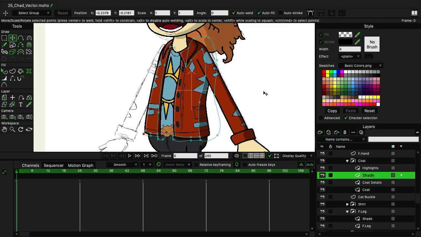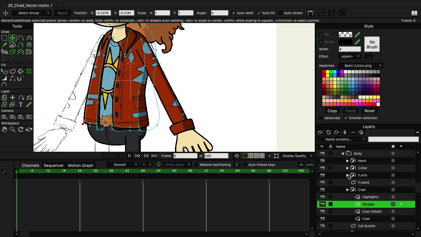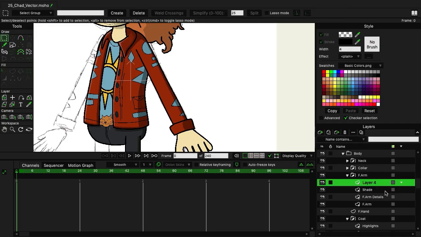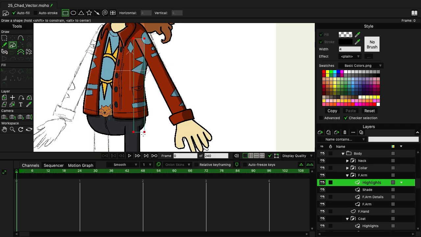But we can now move over here to the front arm. And we're just going to add in a very quick layer, kind of like we did with the shading on the arm. So coming up here to front arm, we can locate shade and then just add a vector above it. Name it highlights, or highlight, I guess in this case would be more appropriate. And this time I'm going to grab the draw shape tool and we will use a rectangle with autofill turned on. And I'm just going to draw out a